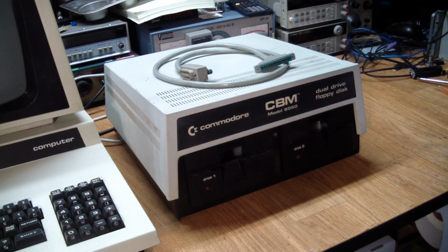Today we're going to have a look at this disk drive. It's a model 8050 to be used with the PET, and I guess if you have the proper interface you can even use this from a C64 or a VIC even. At least that's what the internet tells me. But this came along on a chance